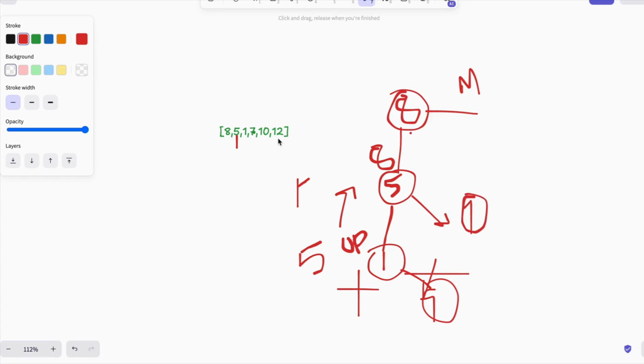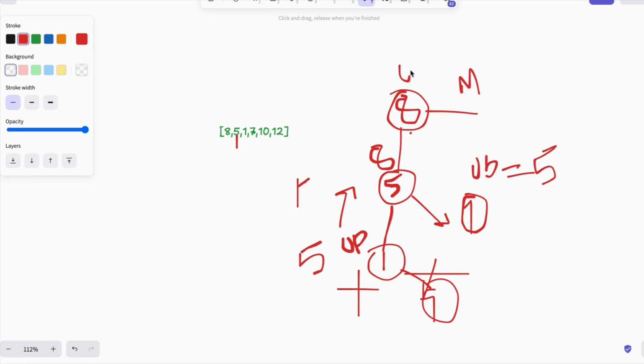Now we take the next value, 10. We are here right now with 10, and what is the upper bound? The upper bound I have passed is 5. Now, is 10 greater than 5? Yes, we can't add it. Now we go back. We are here, 10 is greater than 8, we can't add it, so we go back again